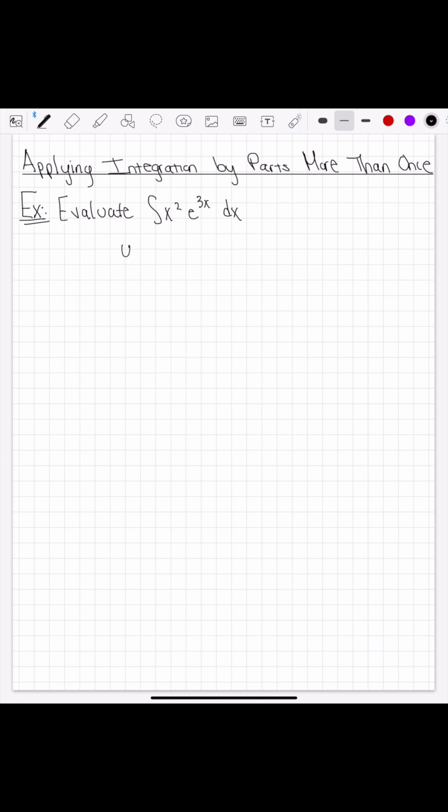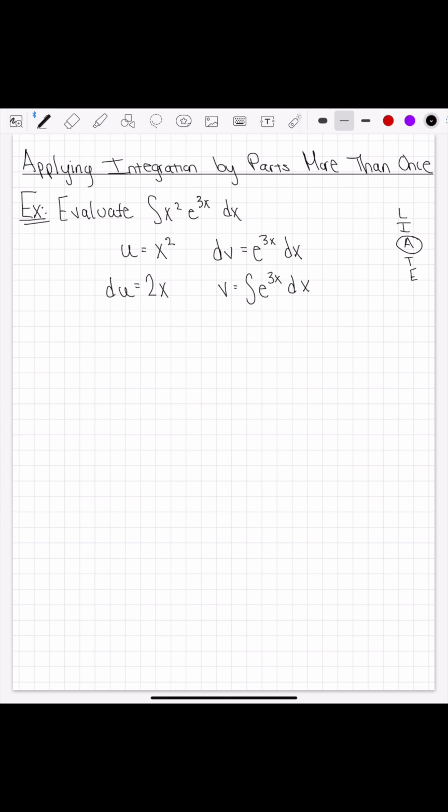So remember, the first thing we always have to do is choose u, which, remember, we use LIATE to help us choose what u is. So here, the first one I meet is algebraic function because of my x squared. So then I'm going to make dv be everything else. And so then du, the derivative of u, is 2x, and then v, the integral of e to the 3x dx, remember,